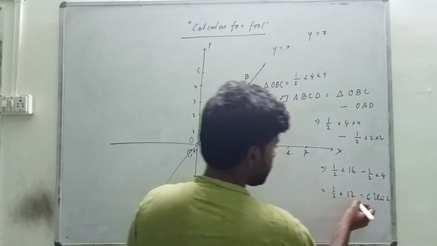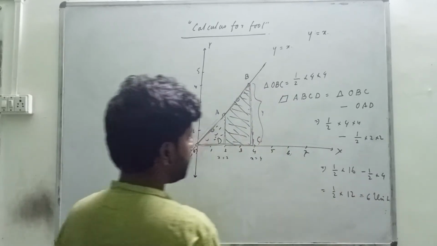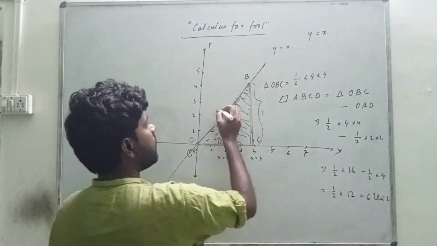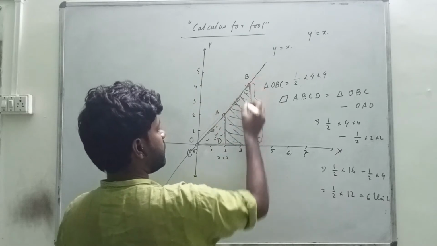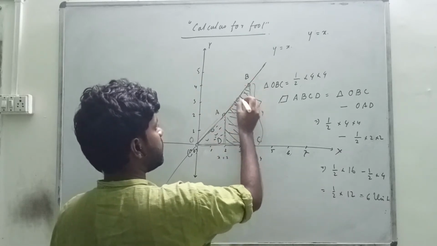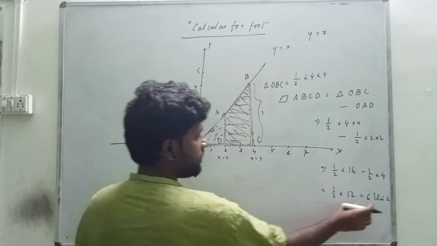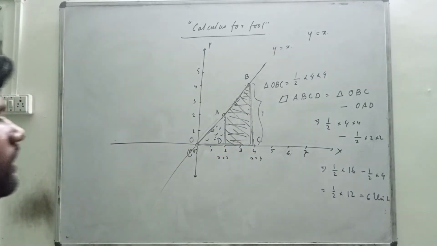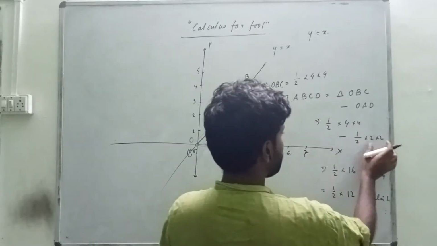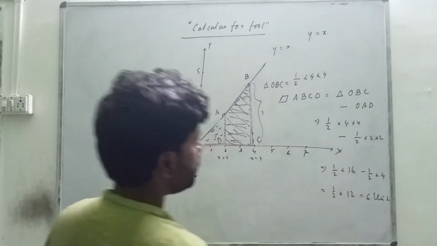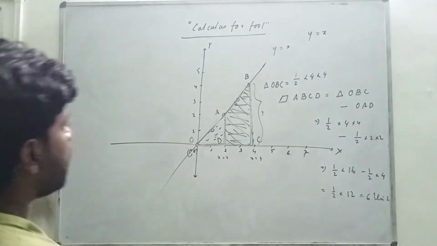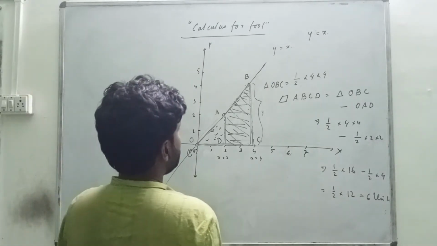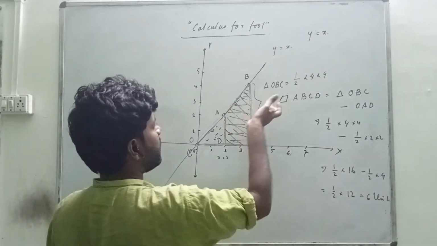So the area of our consideration, the trapezium ABCD, is 6 units, right? Half into 16 minus 4, or half into 4 into 4 minus half into 2 into 2, right? Or you can calculate it by our